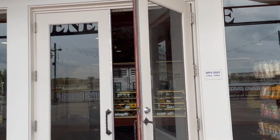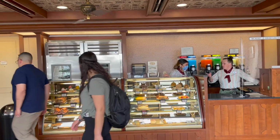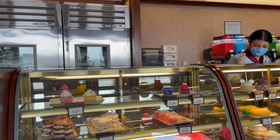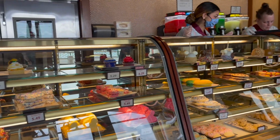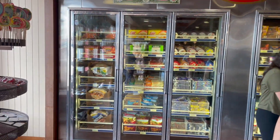Here we go into the gift shop. And as I was saying, the first thing you're gonna see is the lovely bakery with all of those delicious treats. They have the 50th anniversary cupcake, some delicious Mickey Mouse Rice Krispie treats, Mickey cookies, you have candy apples as well. And then to your left, you're gonna find all of the main stuff that we've seen at every